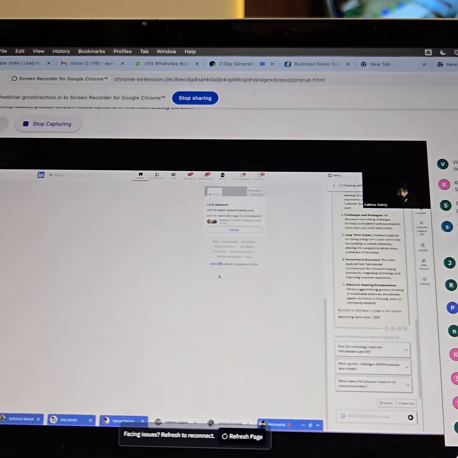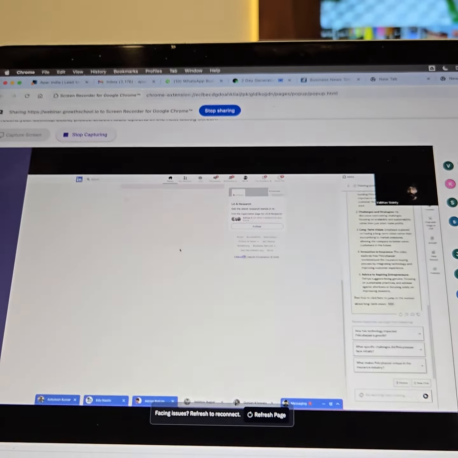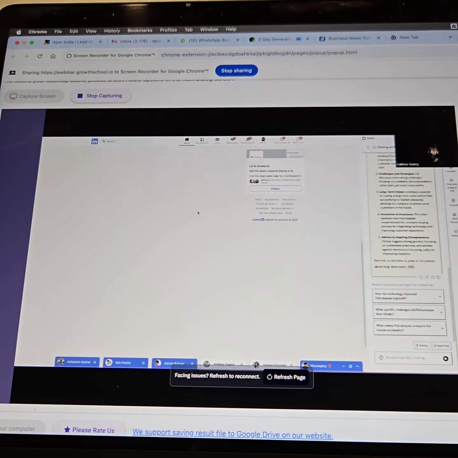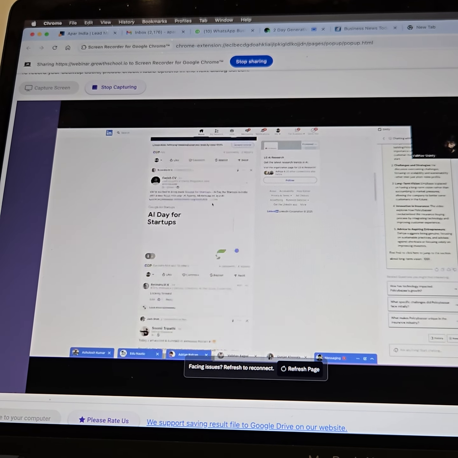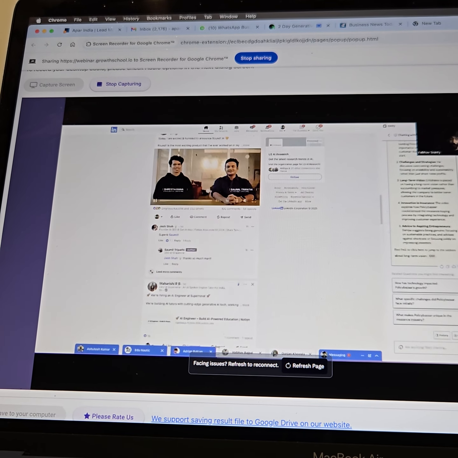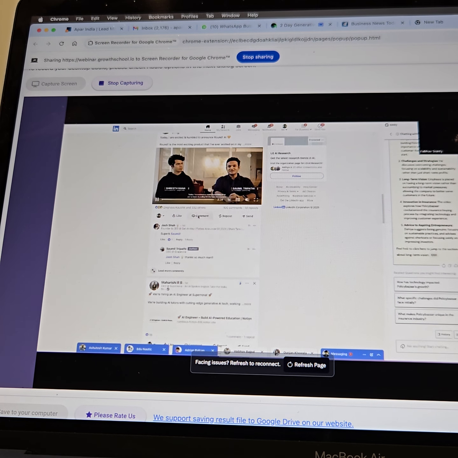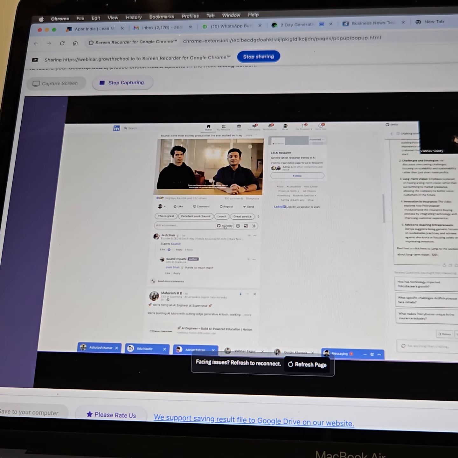It's a tool on which you can literally write replies on LinkedIn posts. Let's say this is a LinkedIn post that I want to write a reply on. I click on comment, and you will see, because Emily is installed,